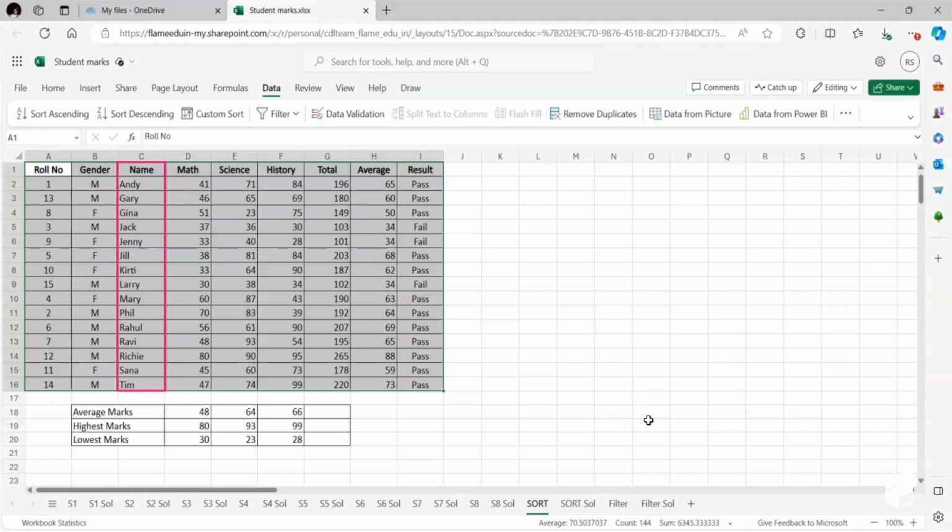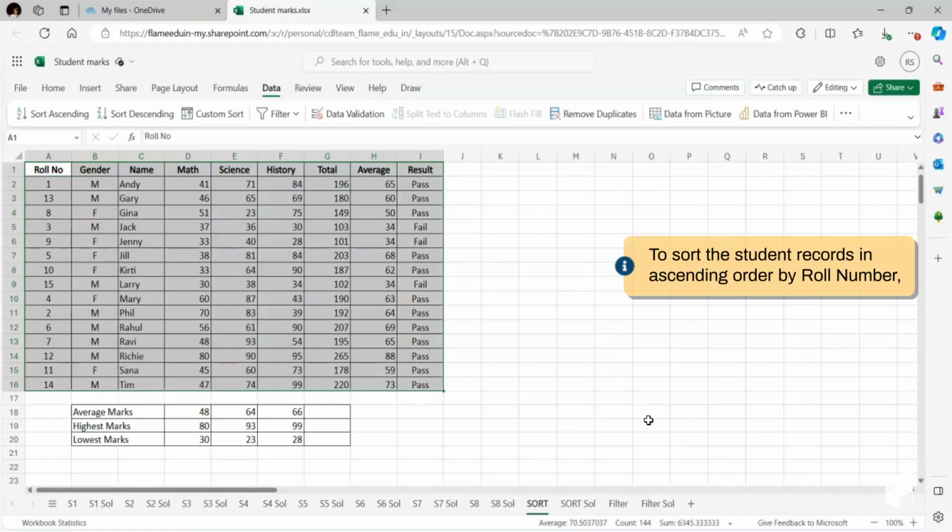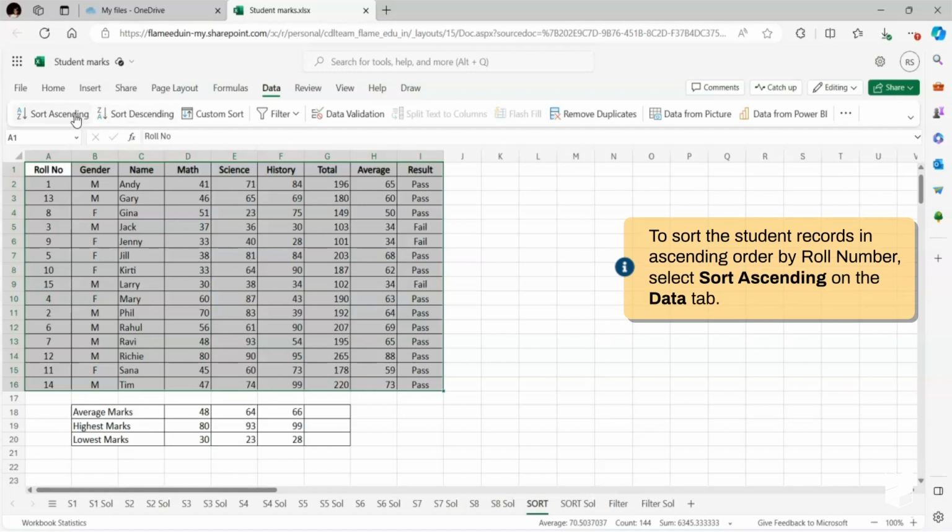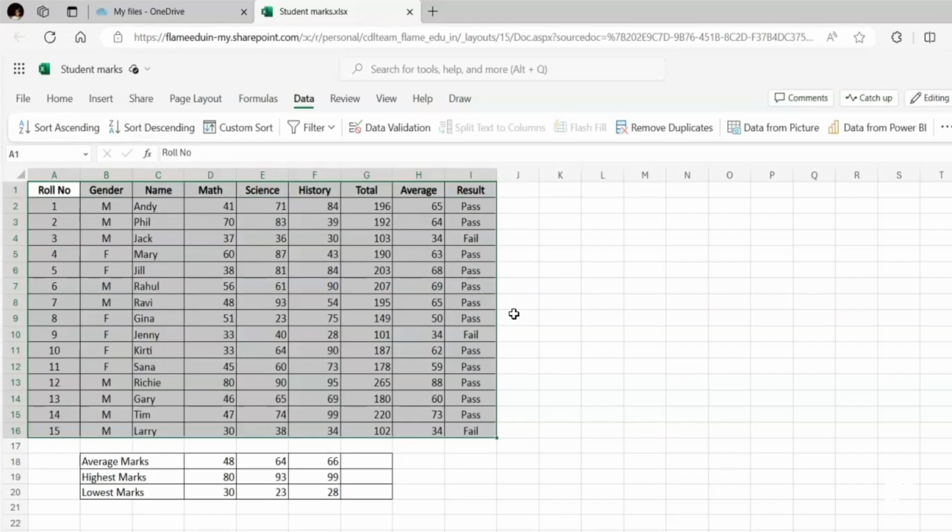You can easily return to the previous order as the records were originally sorted by roll number. To sort the student records in ascending order by roll number, select Sort Ascending on the Data tab. The student records are now arranged in ascending order by roll number. Note that the Sort Ascending command sorts the data by the first column in the selected range of cells. If you want to sort it by any other column or by more than one column, you need to use